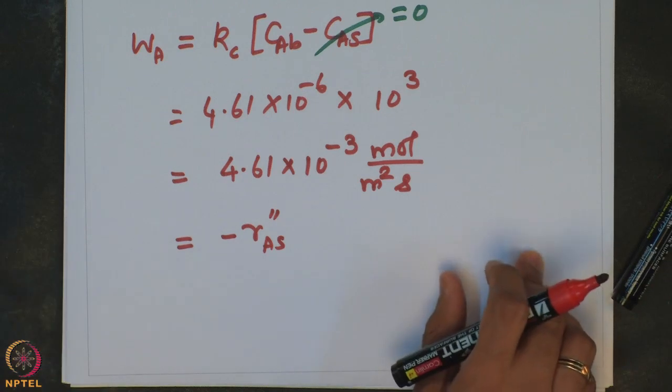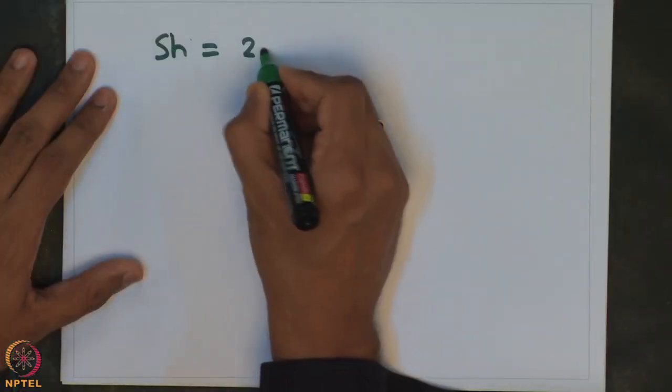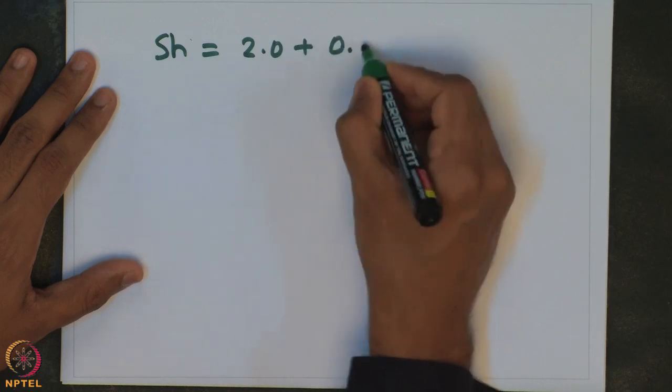So, now next let us look at how we improve the mass transport coefficient. Is it possible to improve the mass transport coefficient? Suppose there is no reaction, then how do we improve the mass transport coefficient? The Sherwood number correlation, the Frossling correlation, gives us an idea of how to improve the mass transport coefficient. So, let us look at the Sherwood number Frossling correlation.